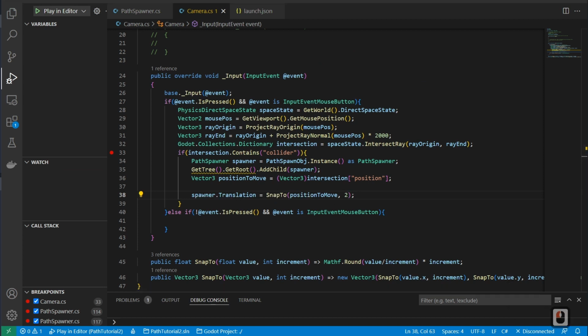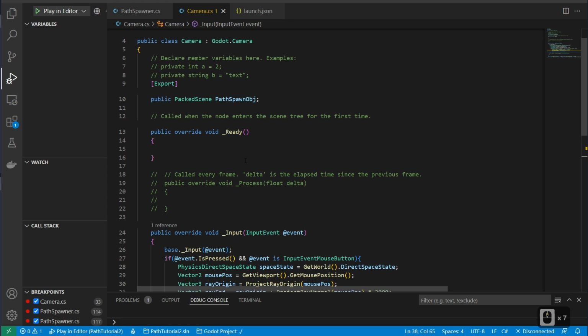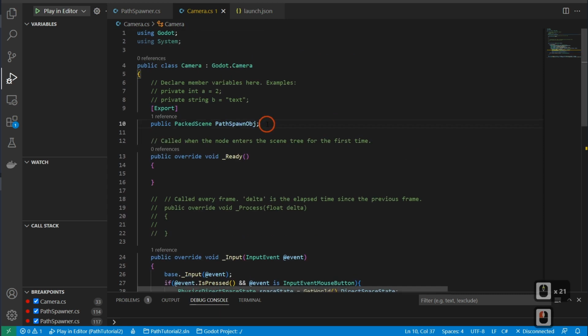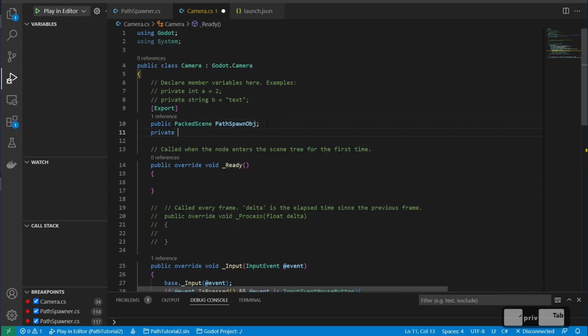Now this should be pretty quick and pretty easy. What we'll do is check our collider and see if it's a path spawning object. If it is, then we can say, hey, this object already exists. Let's select it and say it exists. Then we can create a small button that says, when we click this button, it's going to delete the object. So we'll come up to the top and say private